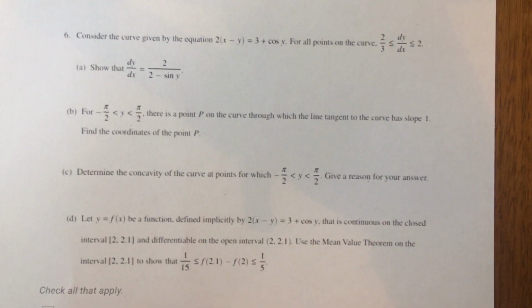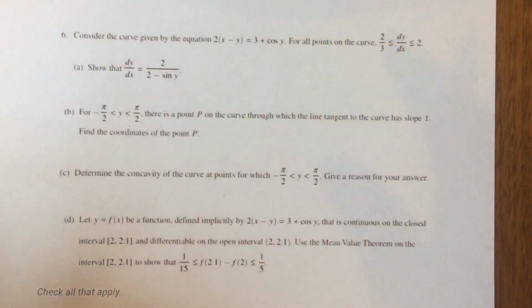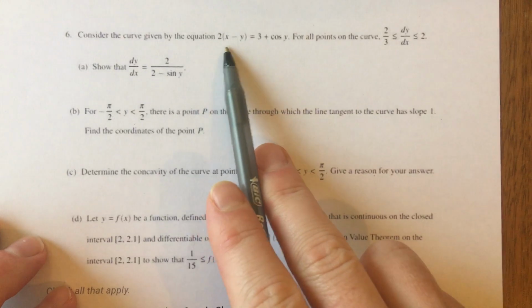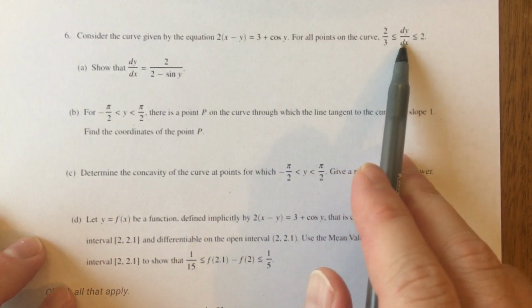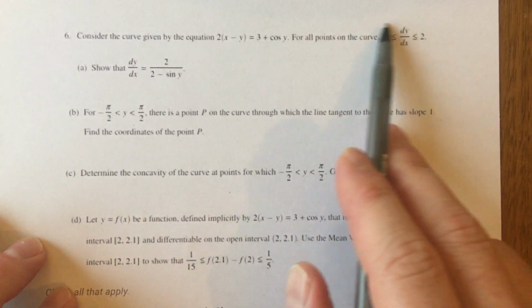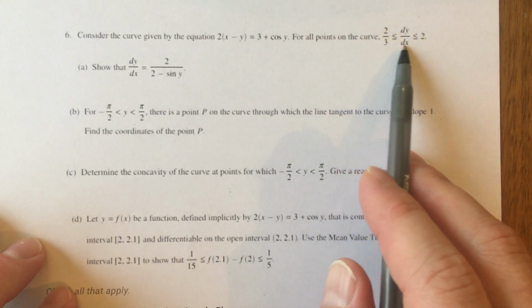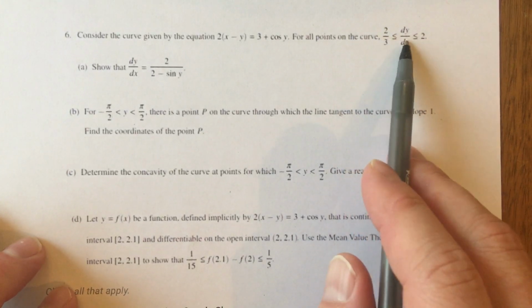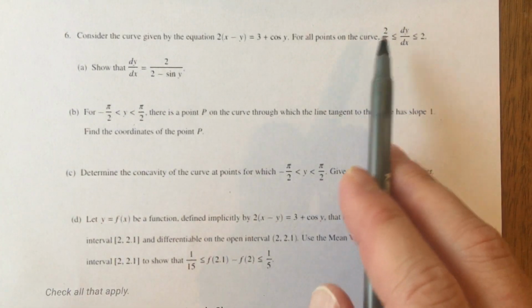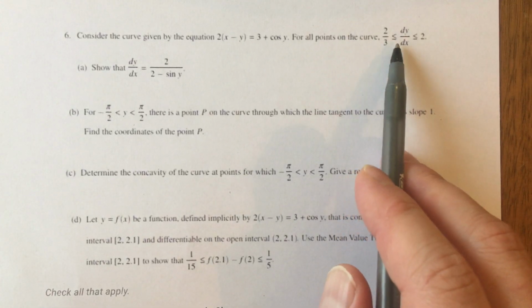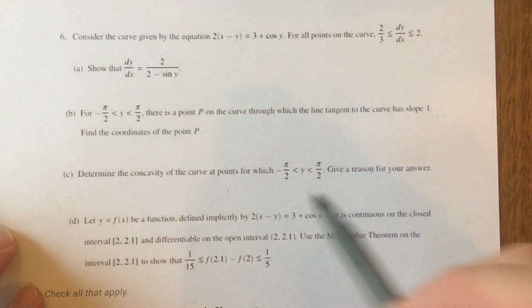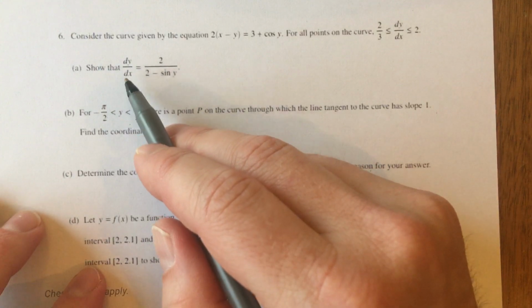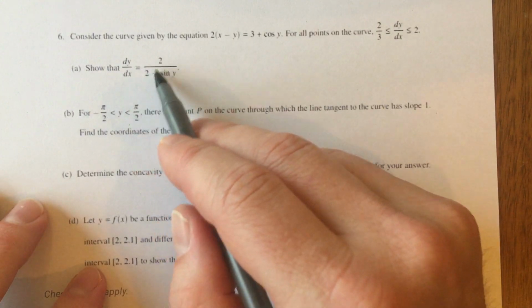Alright, we're going to do the second free response problem from day number 6. They give us an equation of a curve, and they tell us the derivative is always between here. Now, this is kind of an odd thing to share. It really doesn't come up until the very end, but it can throw you off at first when you see it. So part A says, show that dy dx is equal to 2 over